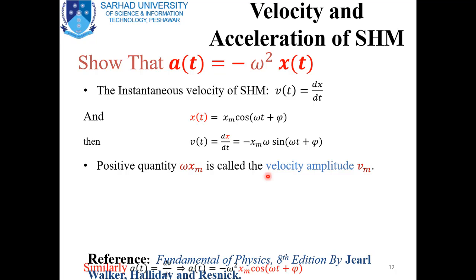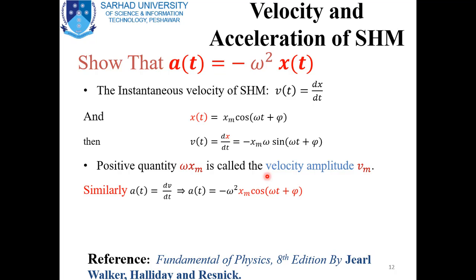The acceleration of the object is the time rate of change of instantaneous velocity. So if you put in the value of velocity, you get a is equal to minus omega square xm cos omega t. If you look clearly, this xm cos omega t was our initial equation, so you can replace xm cos omega t with x of t. So finally